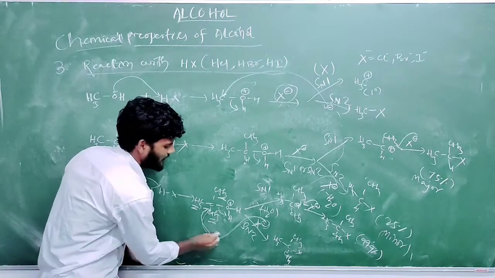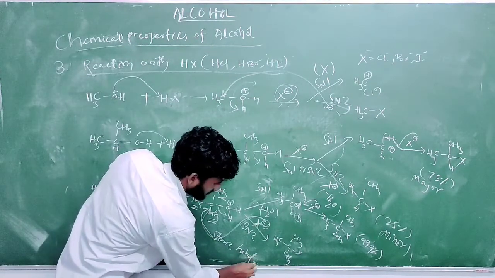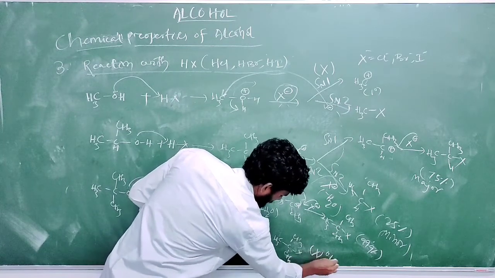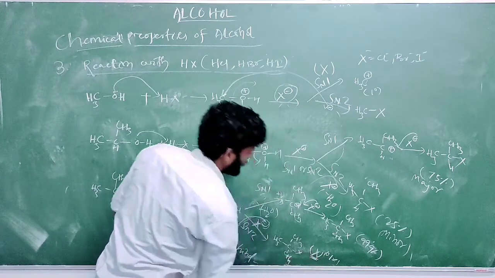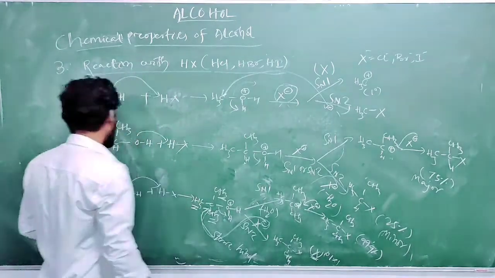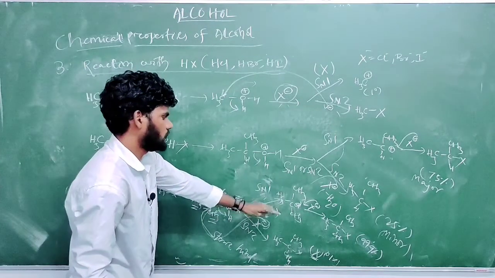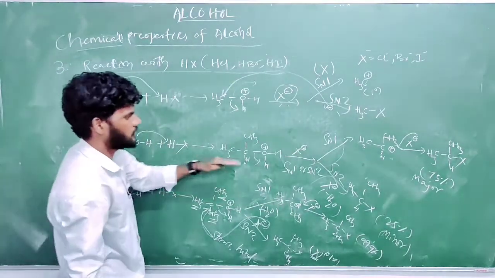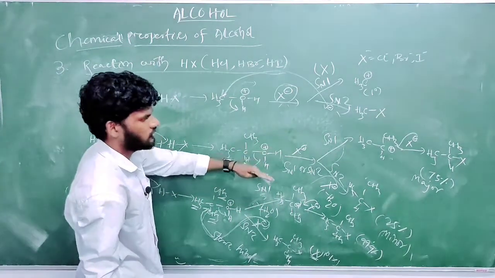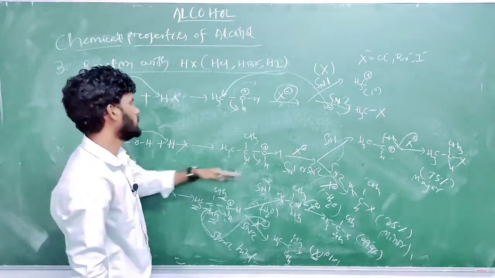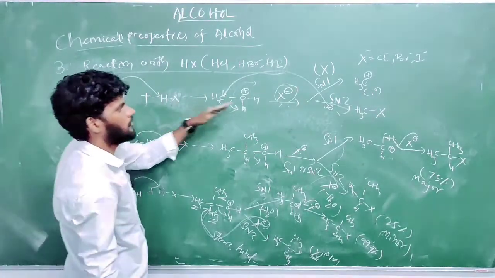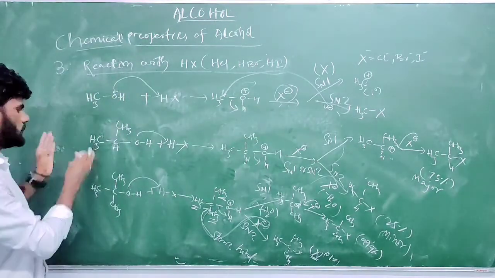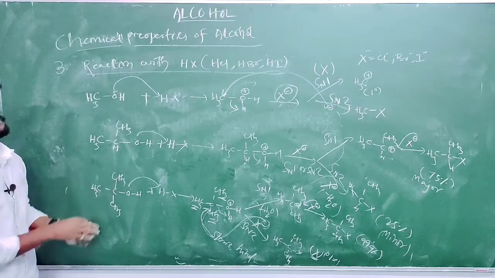This is known as what? Steric hindrance. Because of this reason, this product is not formed, just 0.1% by chance, not formed totally, we can say. So from 3 degree alcohol, which pathway does it go? SN1 pathway. From 2 degree alcohol, which pathway does it pass through? Both SN1 and SN2, but SN1 gives the major product. But in 1 degree alcohol, which pathway? SN2 mechanism. Okay, these are the 3 alcohols and their comparison.